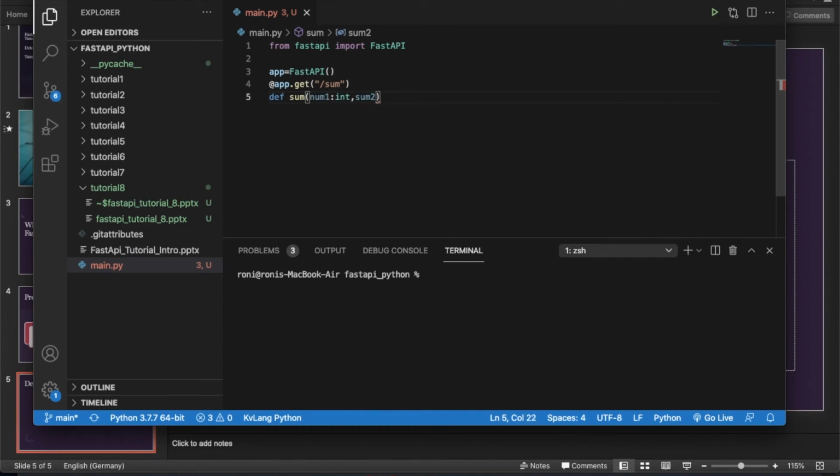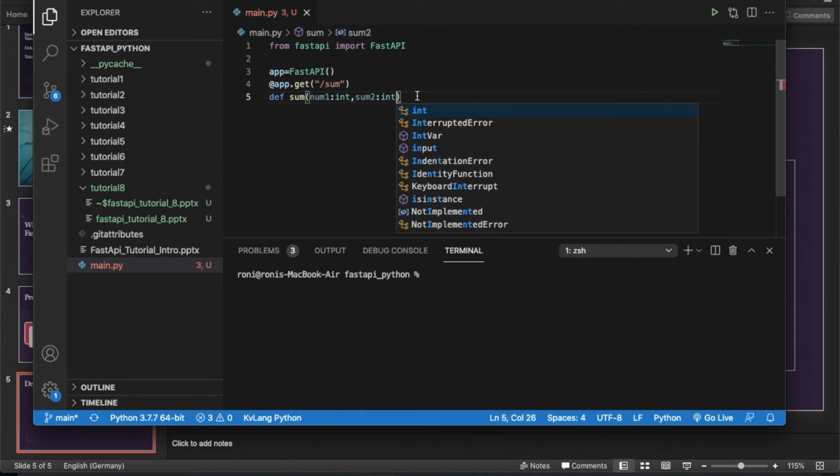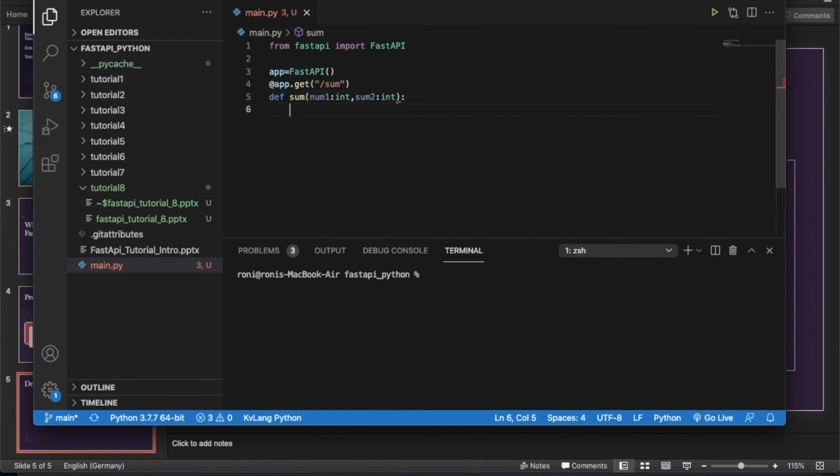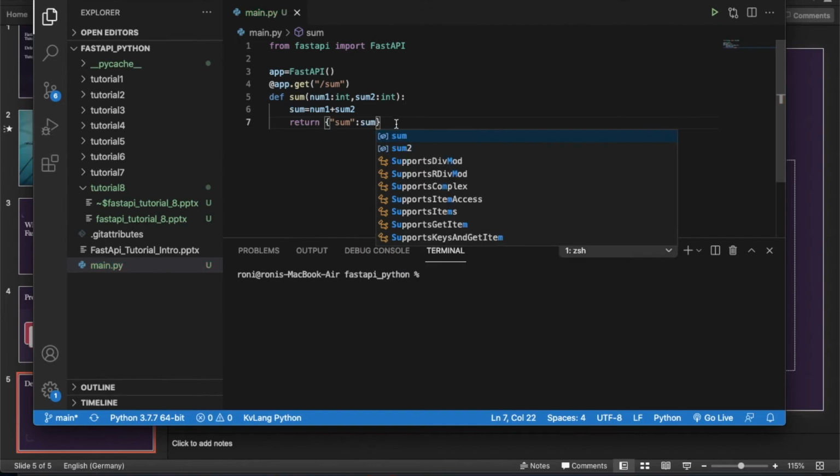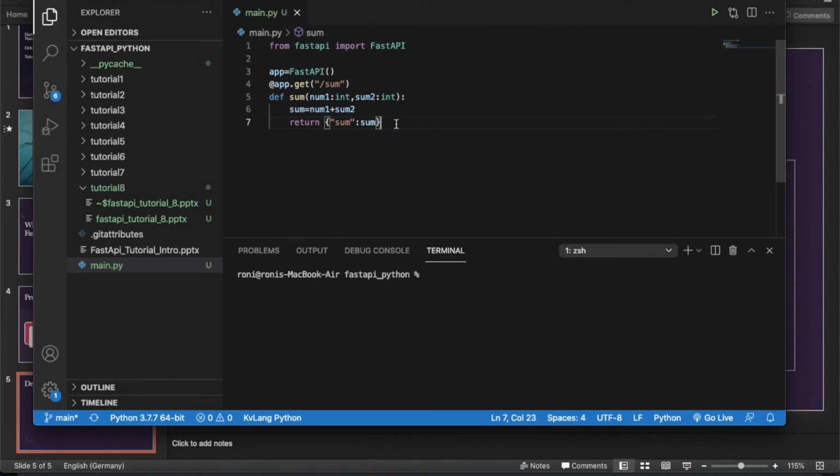I believe I have already covered this same code in tutorial 6 or 5, I don't remember exactly, but I believe so. Sum equals to num1 plus num2. Okay, that's it. So now let's add a breakpoint at this moment.